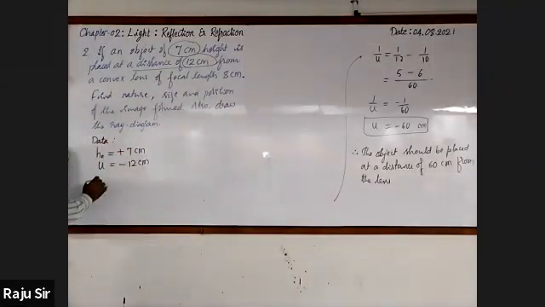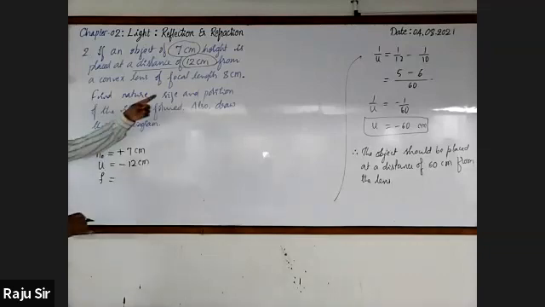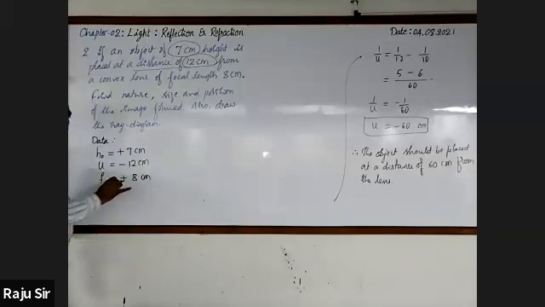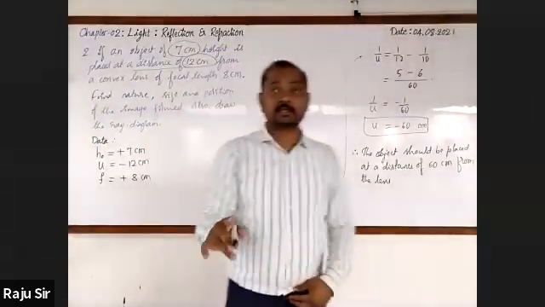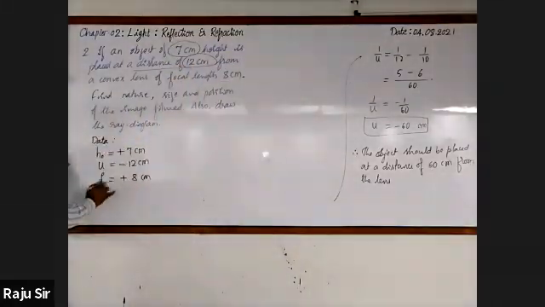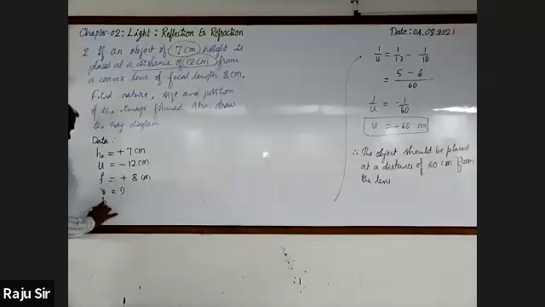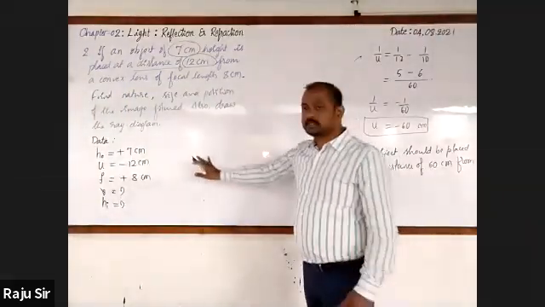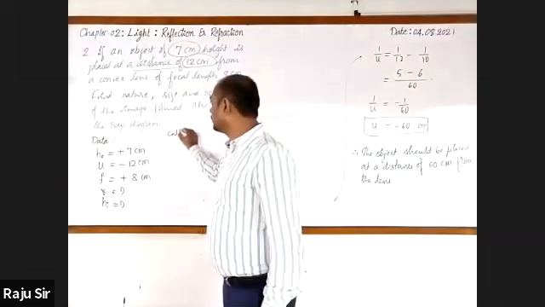And focal length has been given. How much? 8 centimeter. Positive or negative? Positive. Focal length of convex lens, even convex mirror, is positive only. Then let us go for finding nature, size, and position. For position we must find out v, and to describe the size of the image, you must find out hi. This much. Next, let's move on to calculation.